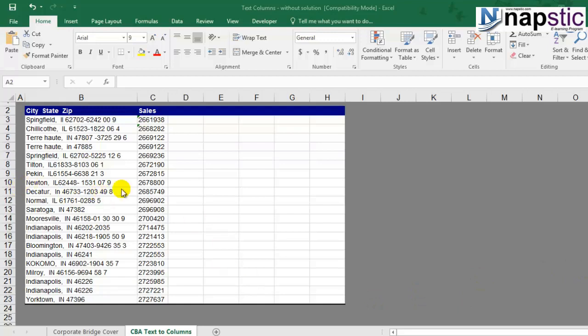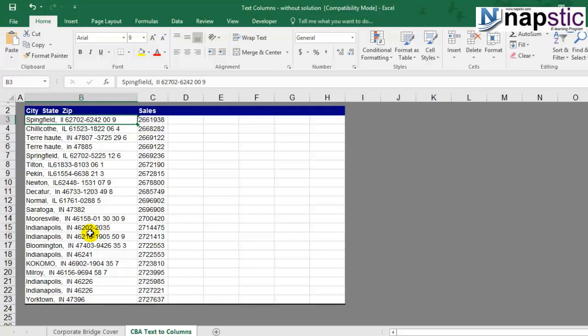Let's look at this example over here, which is giving us the city, state and zip. The three pieces of information, the city, state and zip, are given in this one cell. This is basically the city, this is the state, and this is the zip code. And something which is coming after the hyphen is basically some junk data. Since I have taken this data from somewhere and I can't do Excel related activities on this kind of cell information, what I want to do is separate these three data, city, state and zip, into three different columns. In order to do that, we have this Excel tool text to columns, which will help us do